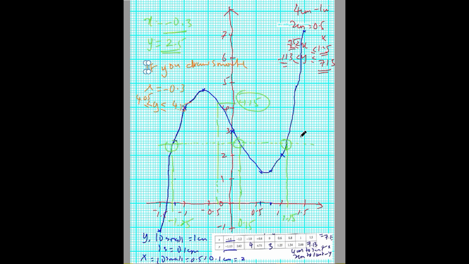And if y is equal to 2.5, the first x, this one is in between negative 1.225 to negative 1.175, or x here should be in between